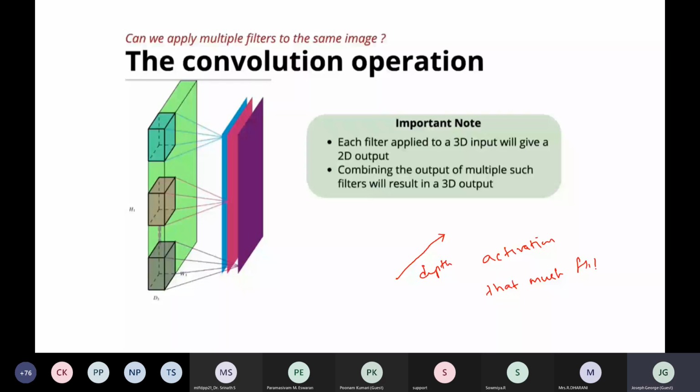For example, suppose my input image is of size, assume m, and depth is 3. This is my input image.